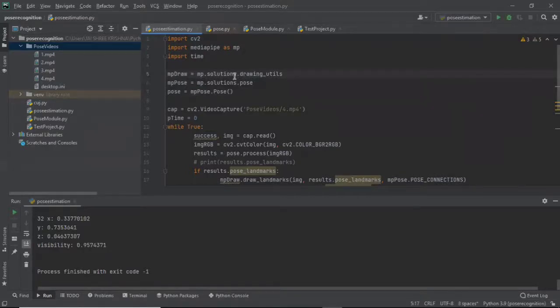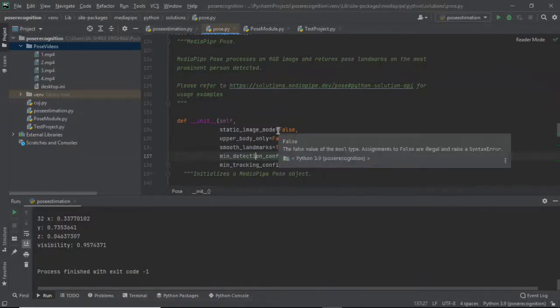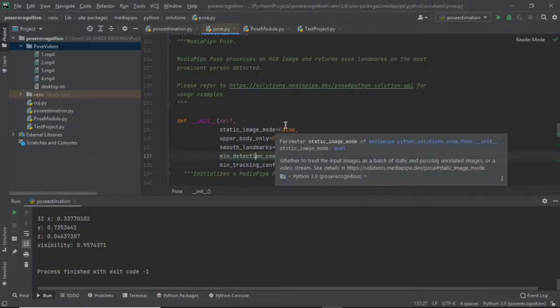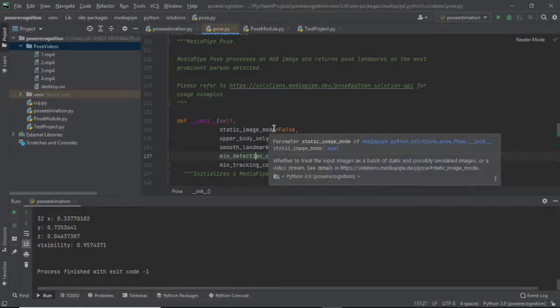For that purpose, we first created a model to detect our pose. Coming to the definition of pose, we have given our parameters. One is the static image mode, which is basically about when we are detecting and when we are tracking. If we put it as true, it will always detect based on the model and always try to find new detections. But if we put it as false, it will try to detect, and when the confidence is high, it will keep tracking. So there will be a tracking confidence and a detection confidence.